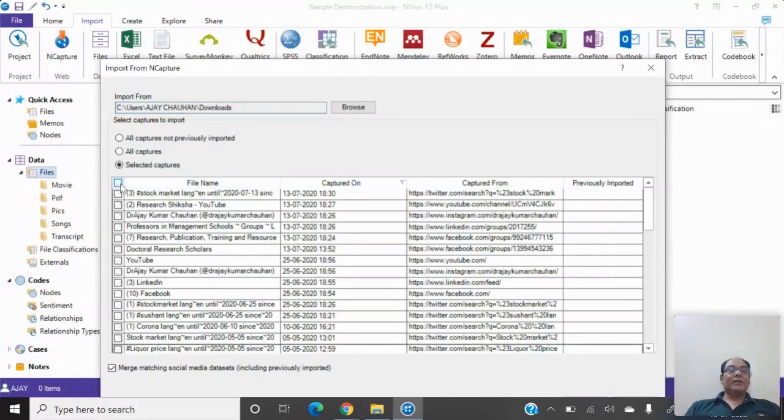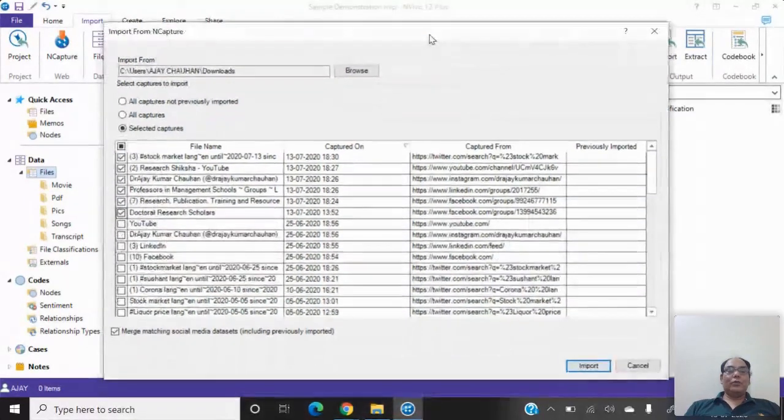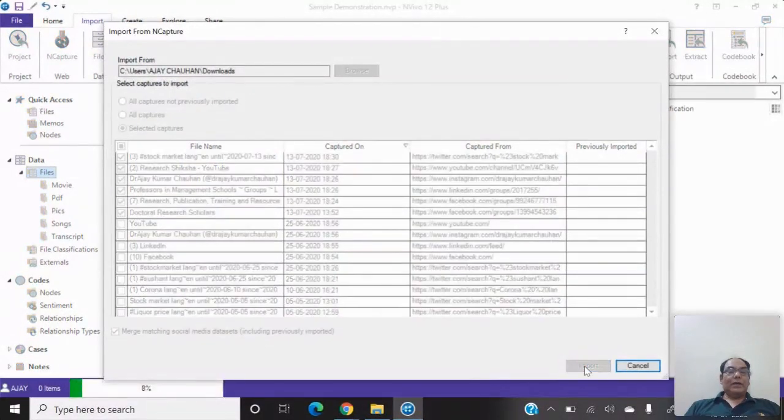I just click on those data sets which I just downloaded. So these are 13th May, 13th July. I have downloaded 6 pages on 13th July. So I select all the pages, and I want to import only these pages. Let me click on the import,